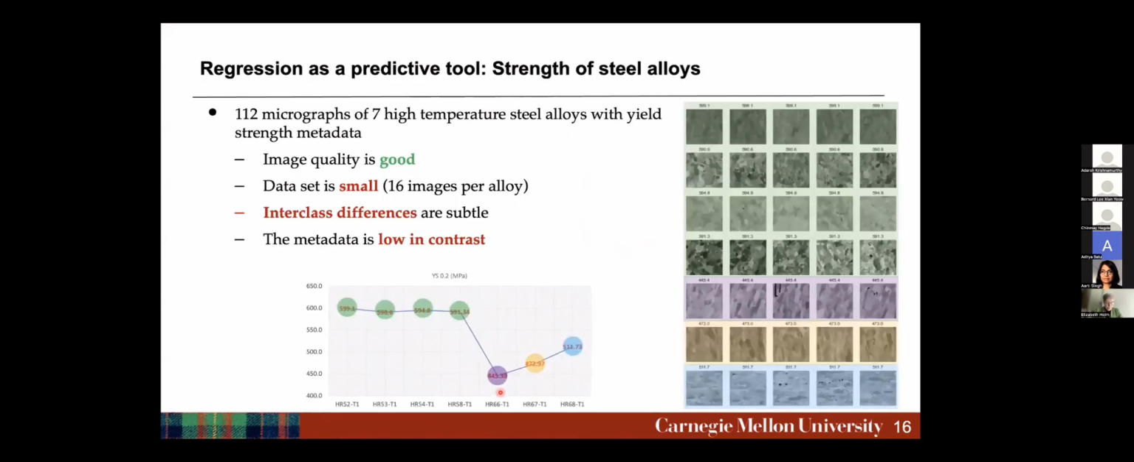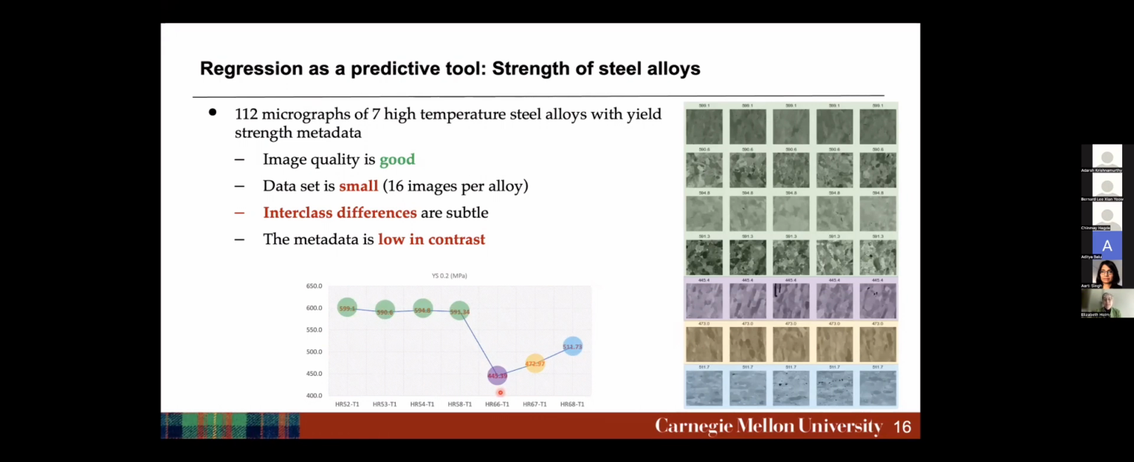We can go further. We can go beyond classification to regression and start to predict things like materials properties. Here again, we have a rather small data set. This is high strength steels, and we have about 100 images of 7 different kinds of high strength steel, and we have metadata on their strength. How strong are they? We have excellent image quality. These are beautiful micrographs, but it's a small data set, only 16 images per alloy, and there's very subtle differences